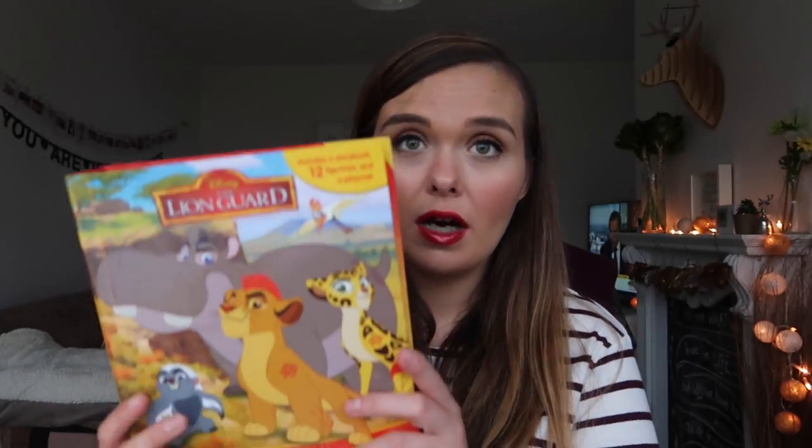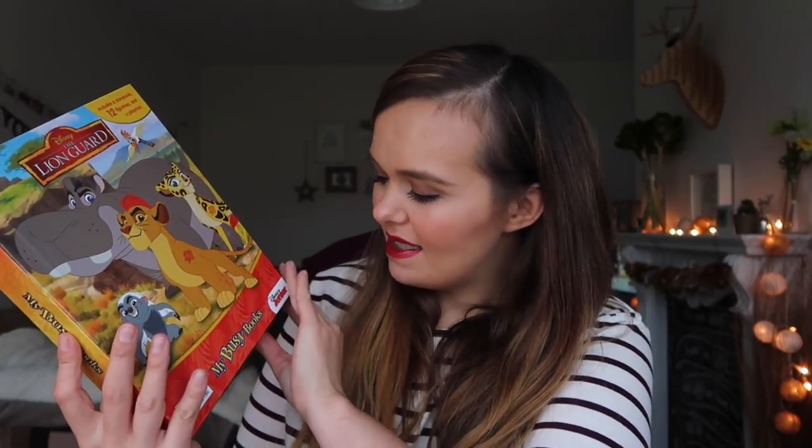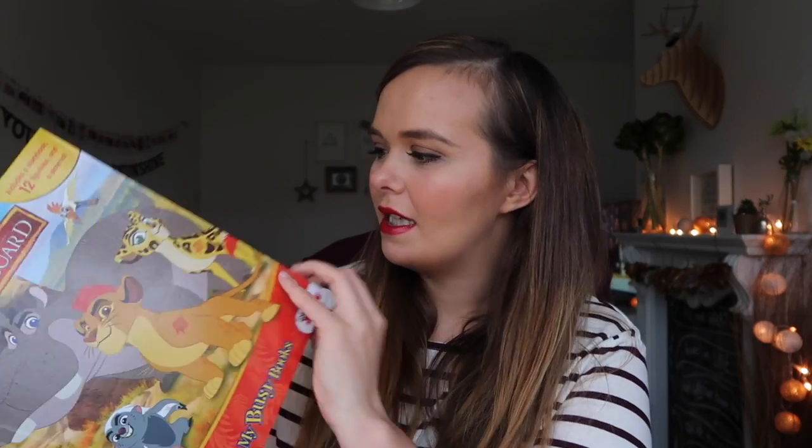And then 2 other things I've got that aren't strictly Christmassy, unless you were looking for a present or buy people towels for Christmas. But Bill picked this when we were in there, when we were having a mooch, and he's been quite good. So I said, right, you can get yourself a book. So we went to the books section, and it was this Lion Guard My Busy Books thing, and basically it's a